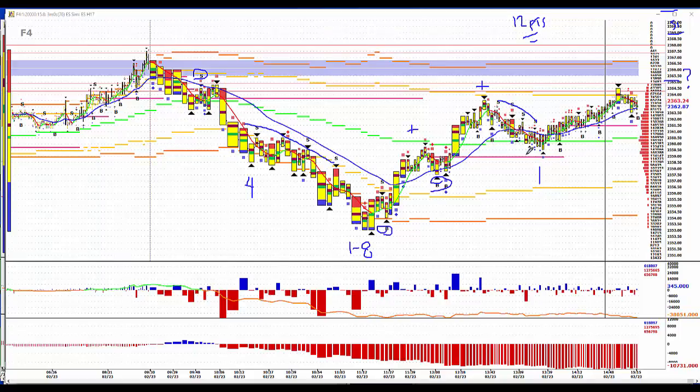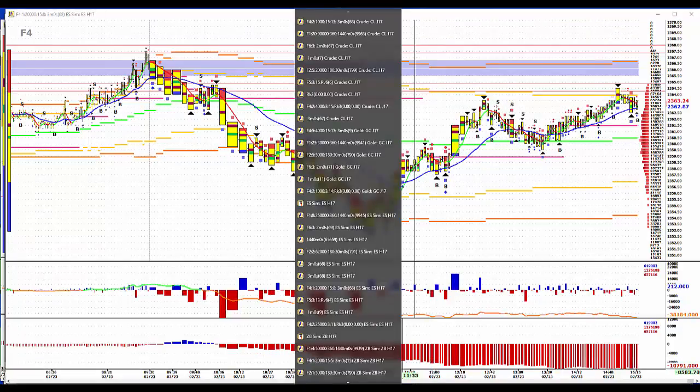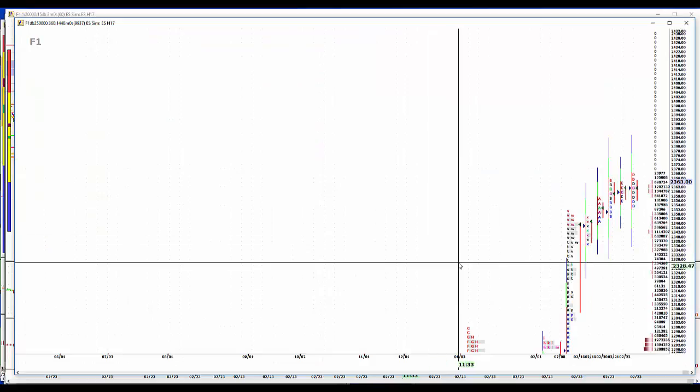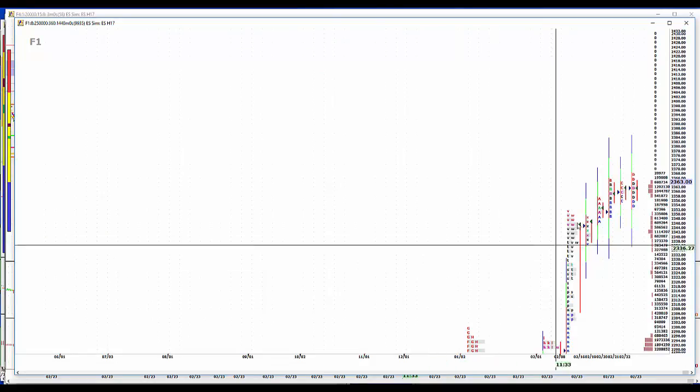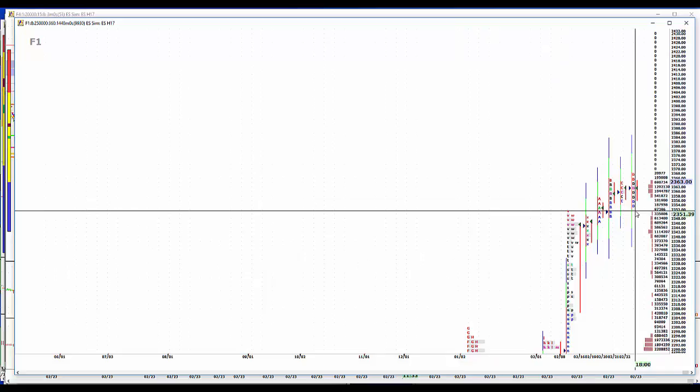Market is still pointed higher as far as everything that I look at, and I'm still not very interested in getting short, but today was a day that we could get short. Failure to take out and hold 23.65 was our guiding idea today, or the premise that we were trading from. Okay, we have an outside day that usually suggests a trading range tomorrow. It is the end of the week,